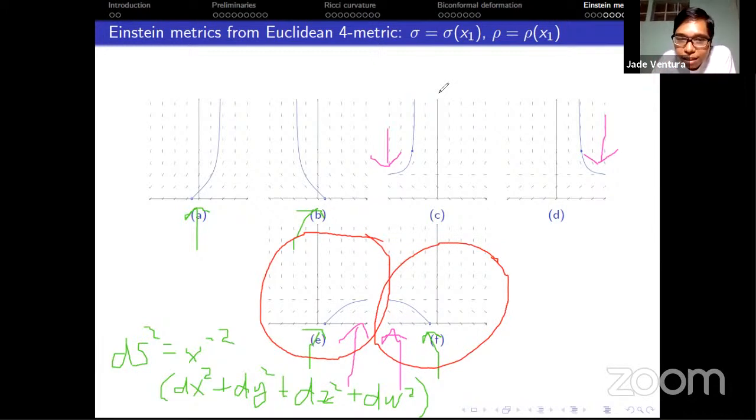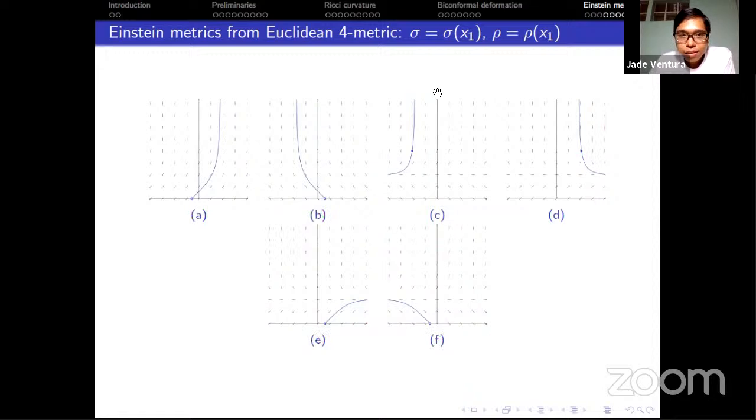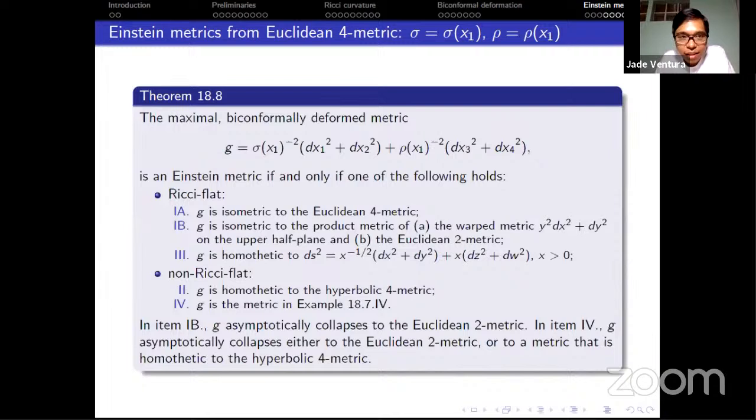Namely, for these families, on one end, they asymptotically collapse to the Euclidean metric for R2, and at another end, they asymptotically collapse to the hyperbolic 4 metric, the metric written in green. So that's possibility number 4, giving us this theorem: